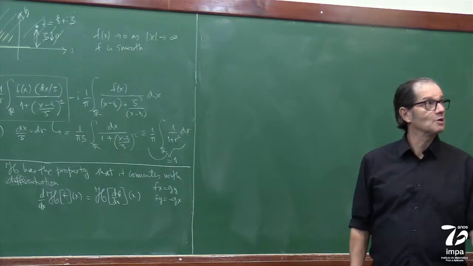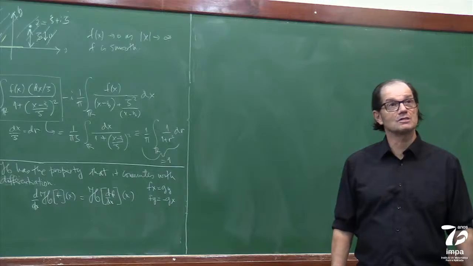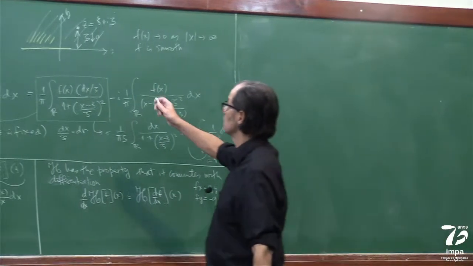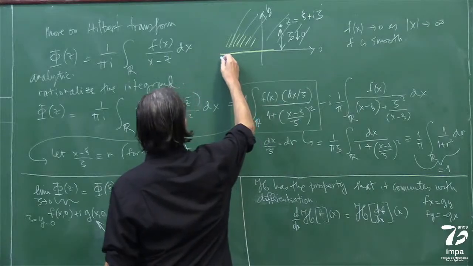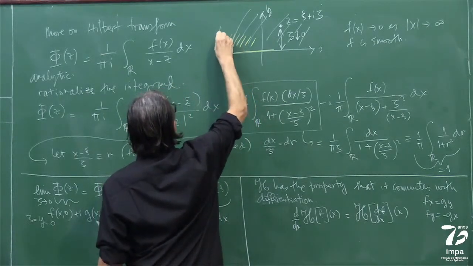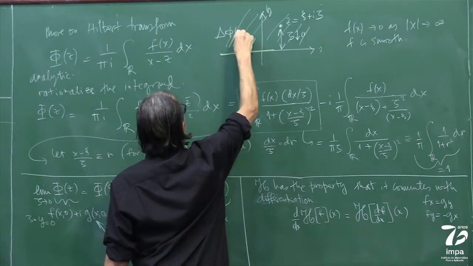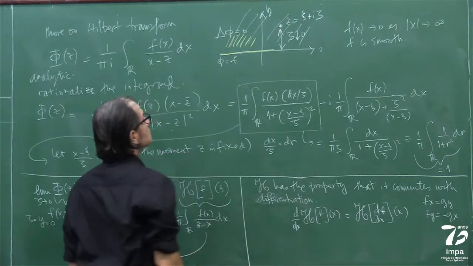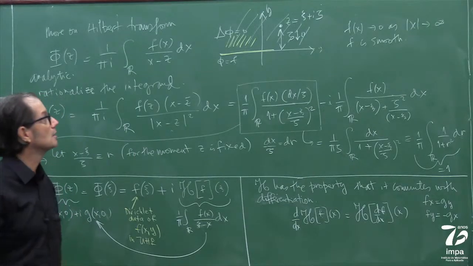So I have some time, I'll basically finish with that. What is a Dirichlet to Neumann map? Well, a Dirichlet to Neumann map is this. Suppose I have Dirichlet data here, and this is the Dirichlet data.